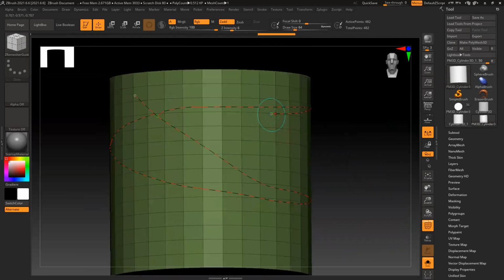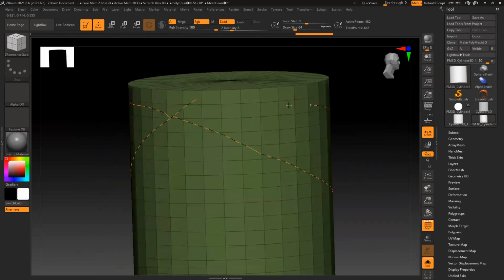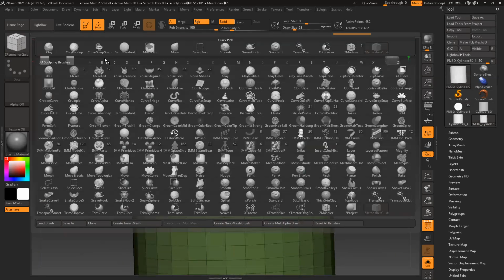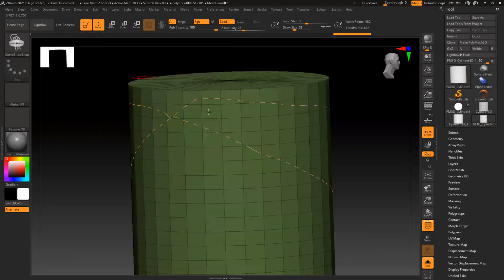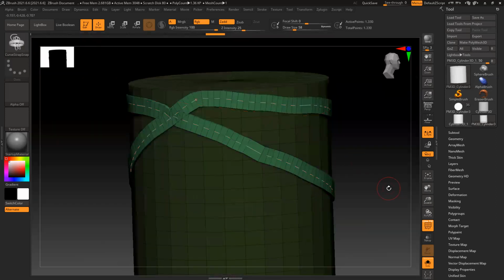So nicely you can create this. Finish it off. Once you're done with this line, go back to the strap brush, just click. So this is way easier and gives you a nicer result. This is how you can do it.